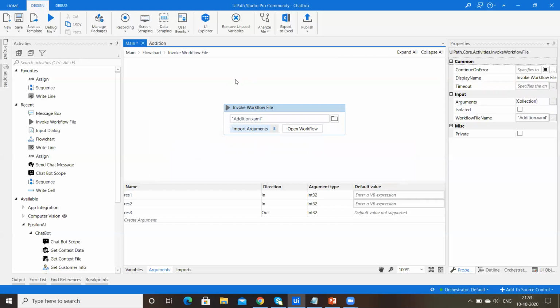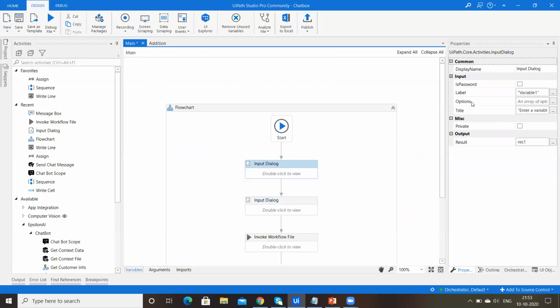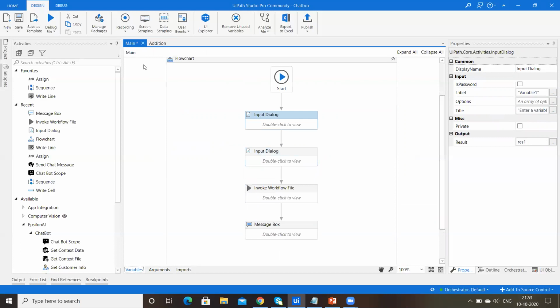This is a simple workflow. This is helpful for beginners. Let us save this and let's run.